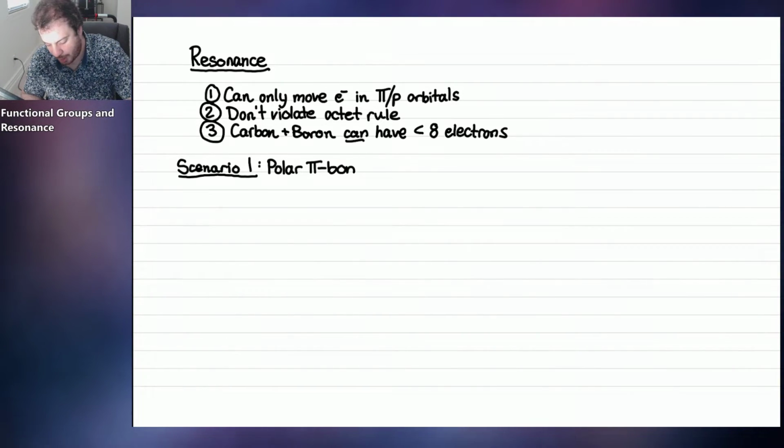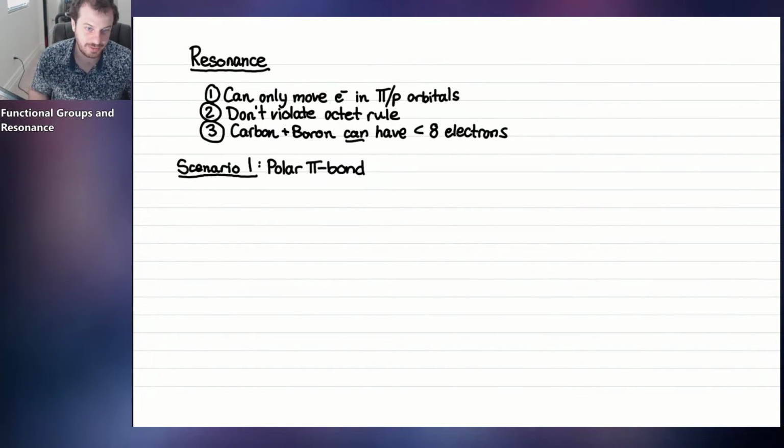Remember that a pi bond is a double or triple bond, and a polar pi bond is a double or triple bond between 2 atoms with a difference in electronegativity. Remember, I think it was 2 lectures ago we looked at the electronegativity values. And so if you have a difference in electronegativity between the 2 atoms that are connected, that is said to be a polar bond. So a great example of a polar bond would be a carbon-oxygen bond, and we can make that a polar pi bond by making it the CO double bond. Very, very common type of polar pi bond.